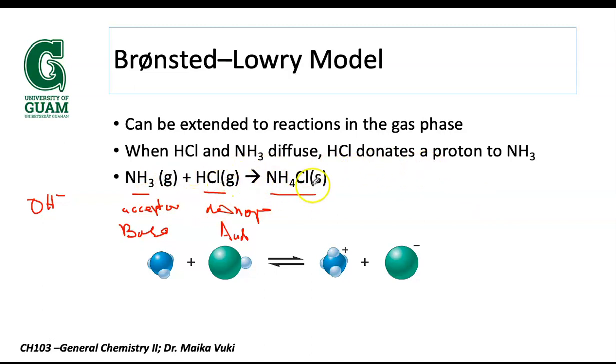You'll see more of this type, where you don't see any hydroxide at all, but you will just see the movement of protons. That is proton acceptor and proton donor and proton acceptor. Why is this a proton acceptor? I think you can go back to the Lewis structure. If you look at the Lewis structure, it has three